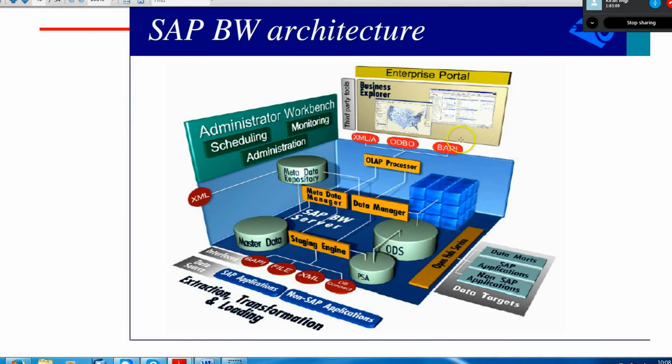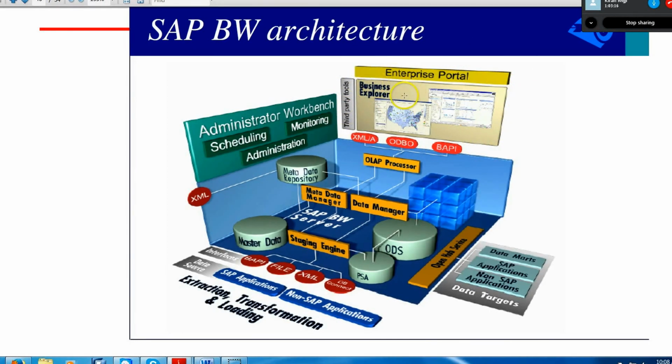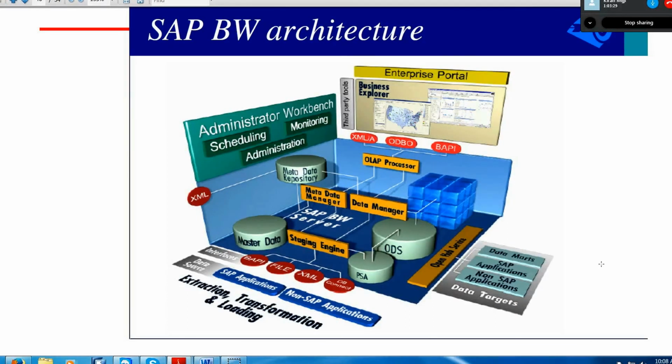Now, enterprise portal and business explorer. On the top you can see the reporting tools that we have, all the different reporting tools. Previously BEX was the major reporting tool, but right now it's BO. And on the right side you have open hub services, where we send the data to external systems. So open hub services is a concept in which we send the data from BI to outside systems. Outside systems here means we have data marts, SAP applications, non-SAP applications, right? So data marts is